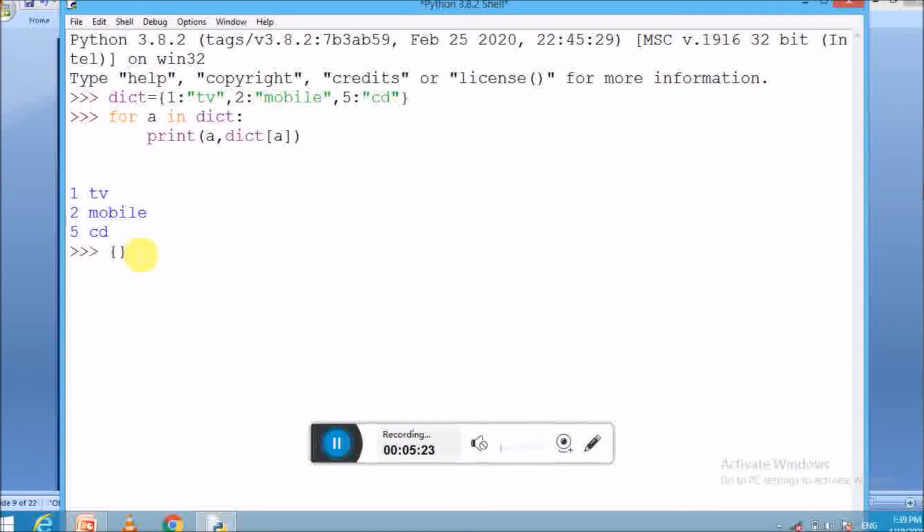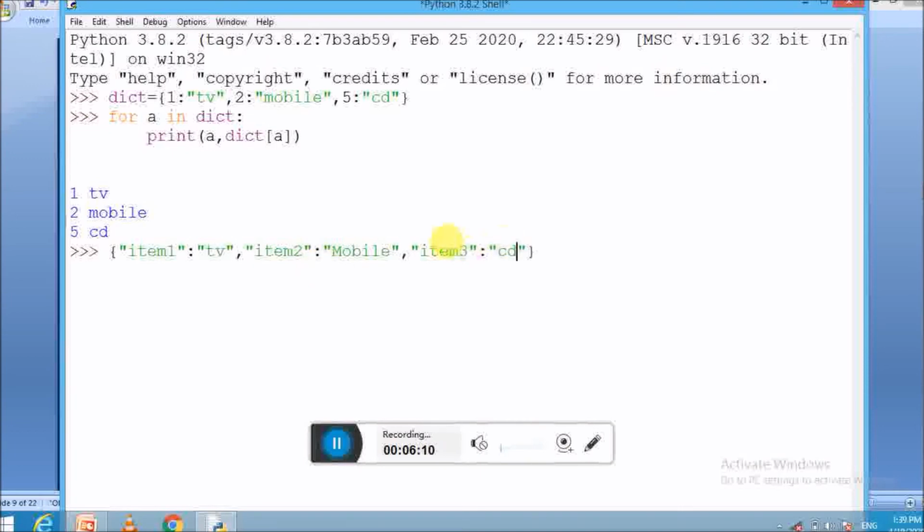Inside them, place the key value pairs, which are item first colon TV, comma, the second key is item second colon, and the value is mobile, comma, item third colon, and the value is CD.